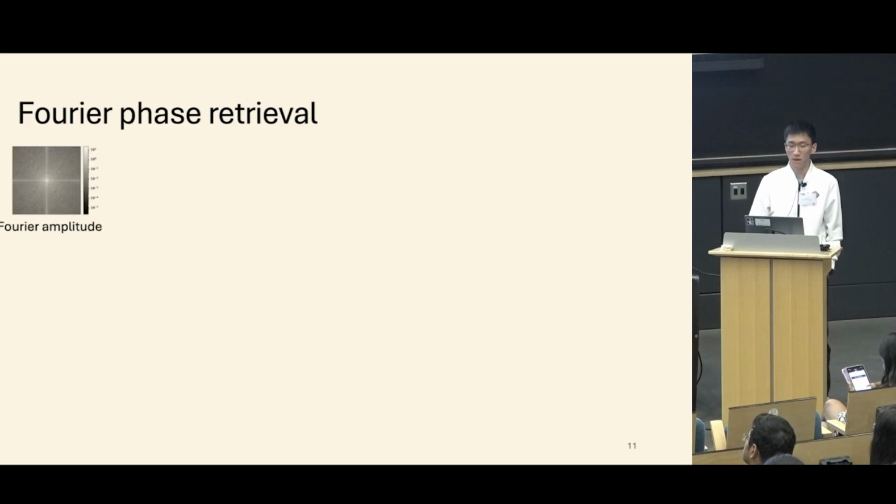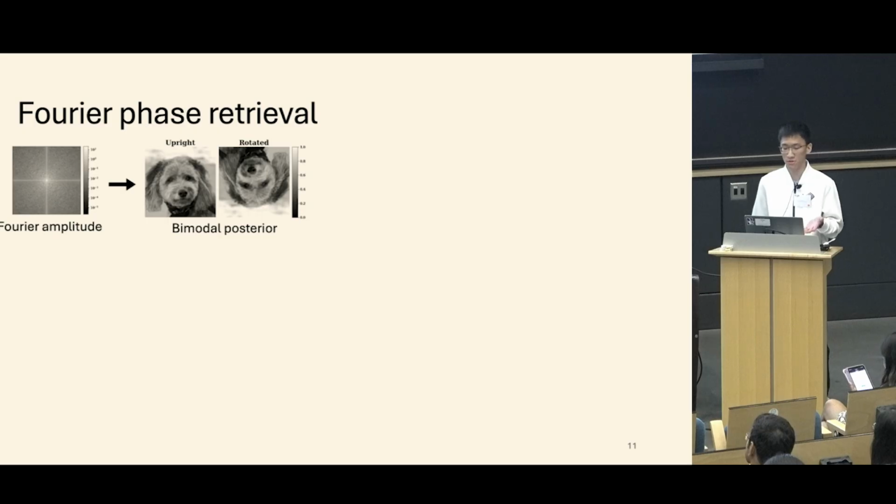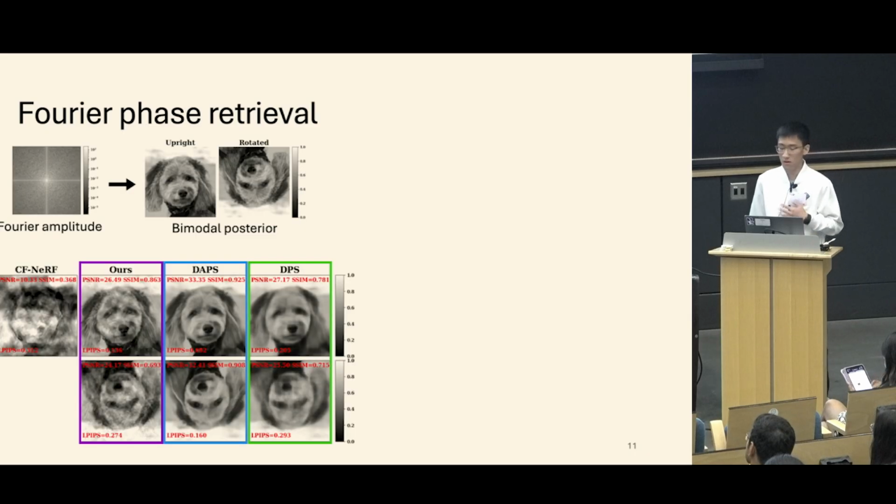And to further verify this claim on high resolution posteriors, we picked this Fourier phase retrieval problem where you only measure the Fourier amplitude. That means you're losing phase information in Fourier space, and that will lead to a bimodal posterior where an upright and rotated image will fit the measurements equally well. So ideally, your method should give you a bimodal posterior of an upright image and a rotated image. And that is what we observed with our method, circled in purple,